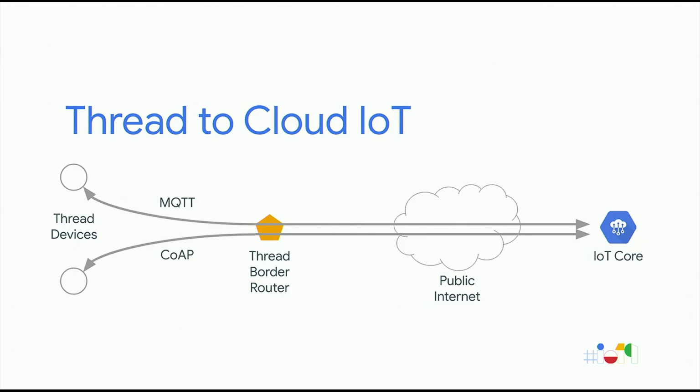Now what we've shown is 2 Thread devices talking through the same border router using standard IP technology. In this case, we are talking to the same service and the same ultimate database. But the important thing to note here is we could just as easily have been talking to 2 completely different backends. These could be 2 devices from 2 different vendors. But they're interoperating at the network level and going through the same border router without having to worry about or have any knowledge of each other. So I think that pretty much wraps it up.